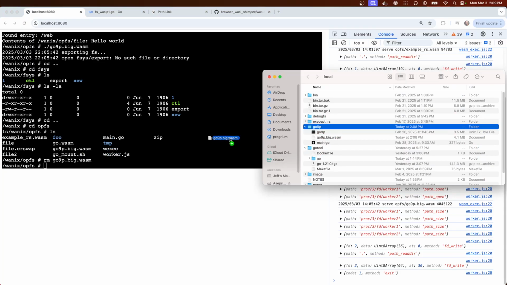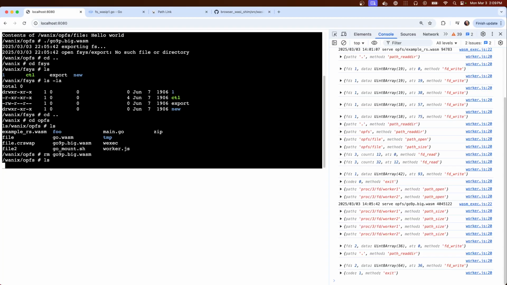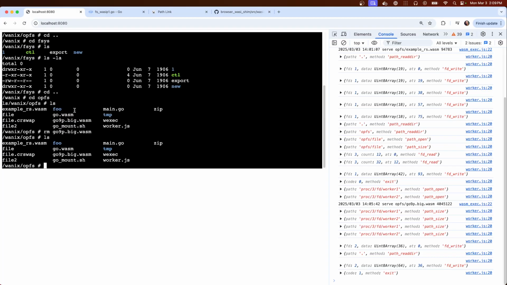But we can just drag files in here and it'll put them into the OPFS directory. So even though we deleted it, there should be one in there now still. And I think we can just try it.